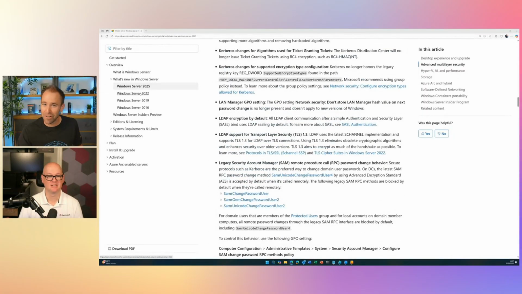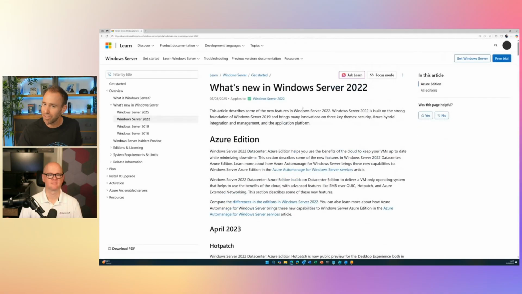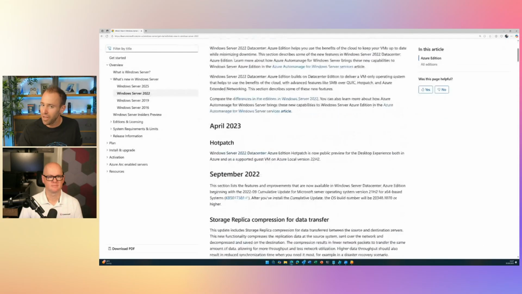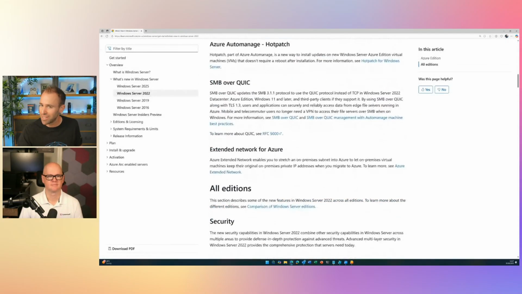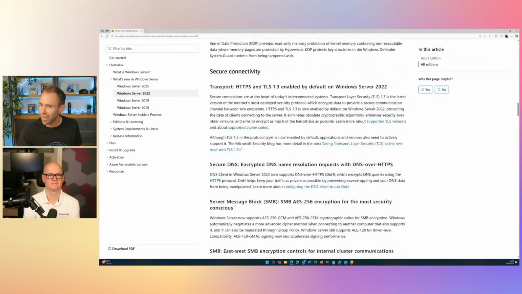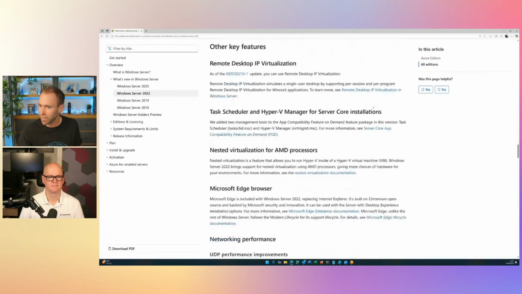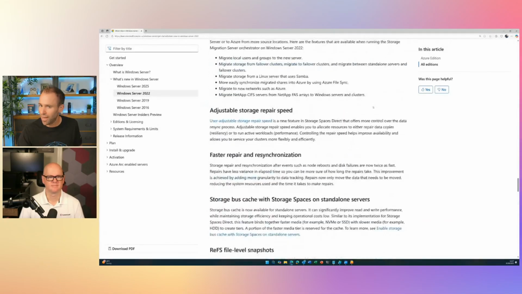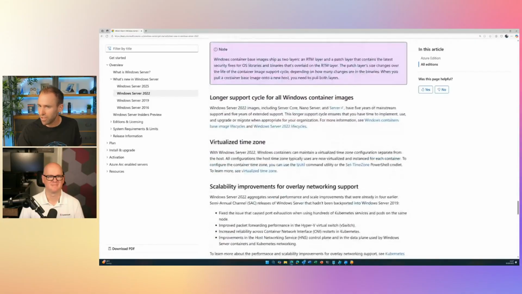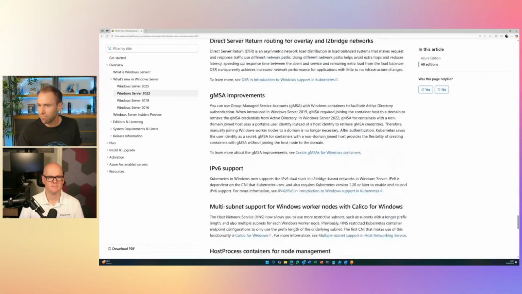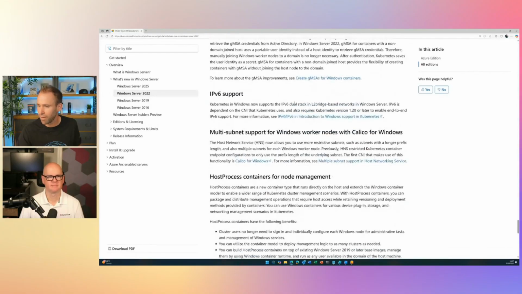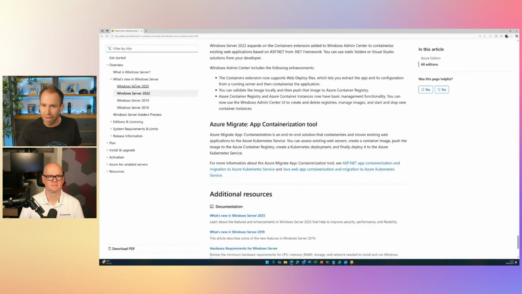It's interesting if we go back, we had questions around Active Directory when we released Windows Server 2022. When you look at this, I don't think there is much on Active Directory, if any. There are maybe some small changes, but let me scroll down all the way so everyone believes me. We did not have that much going on. Group managed service accounts, okay, we can think of that as one of the Active Directory things, but that was mostly it. I don't think there was even a schema change in 2022, though I'm not 100% sure anymore.